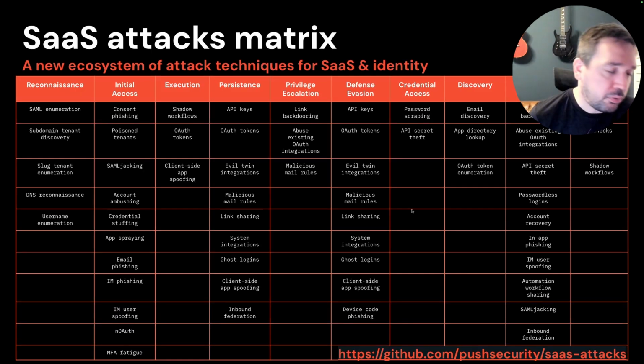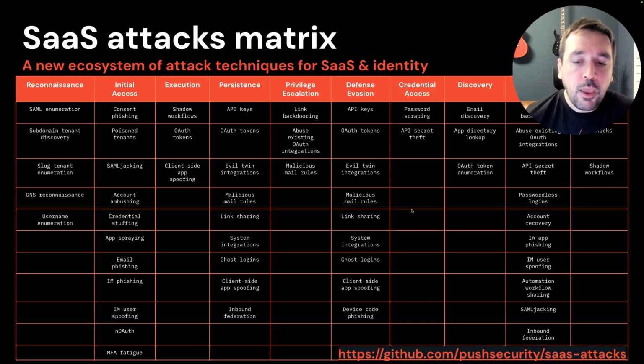Now, before I move on, I just want to introduce the SaaS attacks matrix because I'm going to be drawing a little from this during these phases. I released this best part of 2 years ago now as an open source project. It's inspired by the MITRE ATT&CK framework. But this was focused as a forward-looking identity and SaaS-specific matrix. So effectively, how do you compromise an organization without touching the endpoint, purely through identity-driven attacks and SaaS-based attacks? It's a popular open-source repo for this on GitHub now.